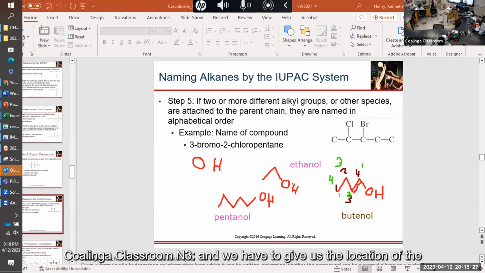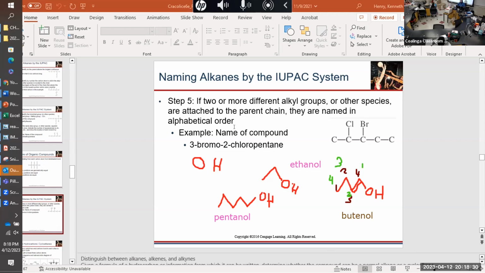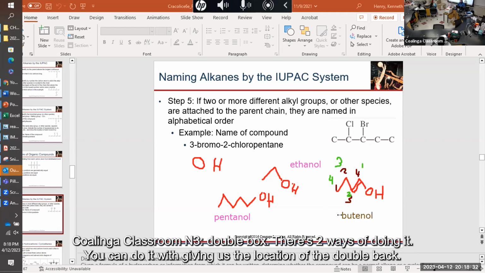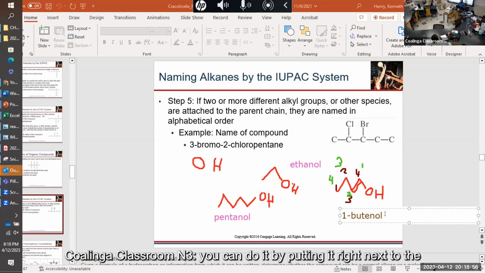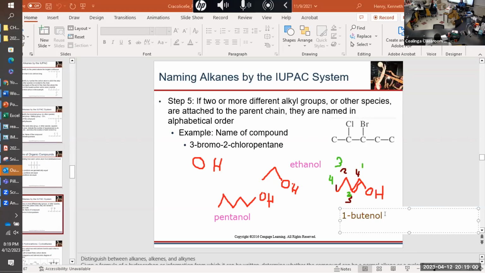And we have to give the location of the double bond. There are 2 ways of doing it. You can give the location of the double bond by putting it on the front. So it's on the first carbon. It starts on the first carbon. Okay, 1-butene. Or you can do it by putting it right next to the "en". So you call it